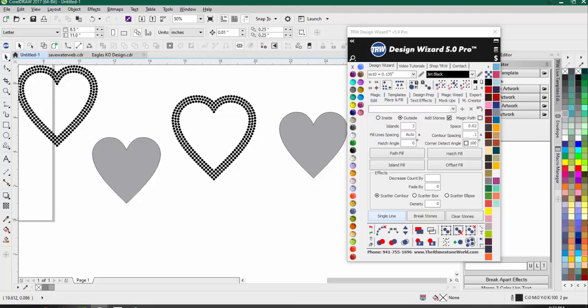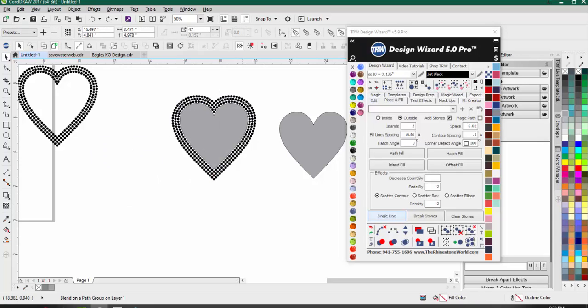All right, and I don't think I said it, but to clear those paths, when we make our design like this,